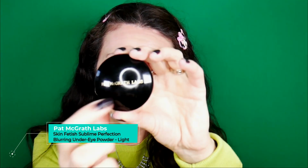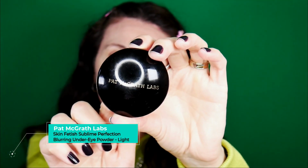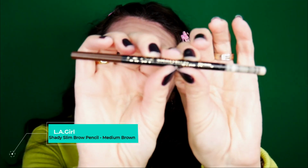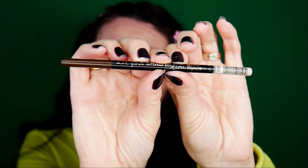I'm going to set my concealer using this very underrated product in my collection, the McGrath Labs powder in the shade Light. I also purchased it last year probably, but I'm not using it so much. And I will go off camera to fill in my brows using this L.A. Girl Lady Slim brow pencil in the